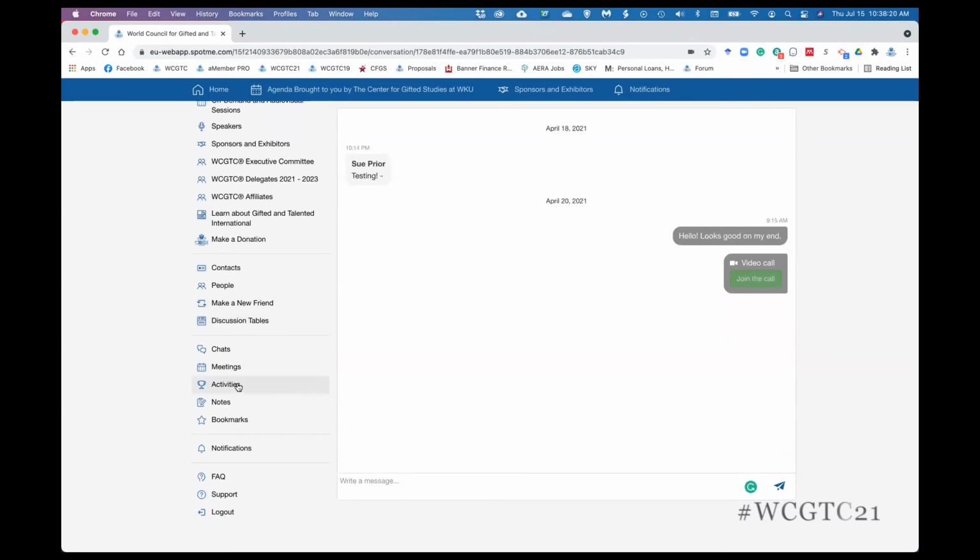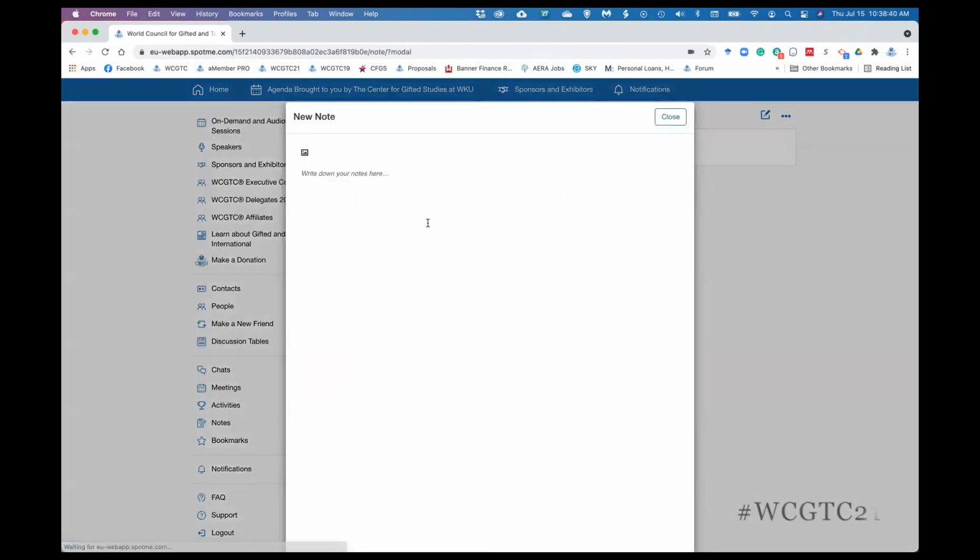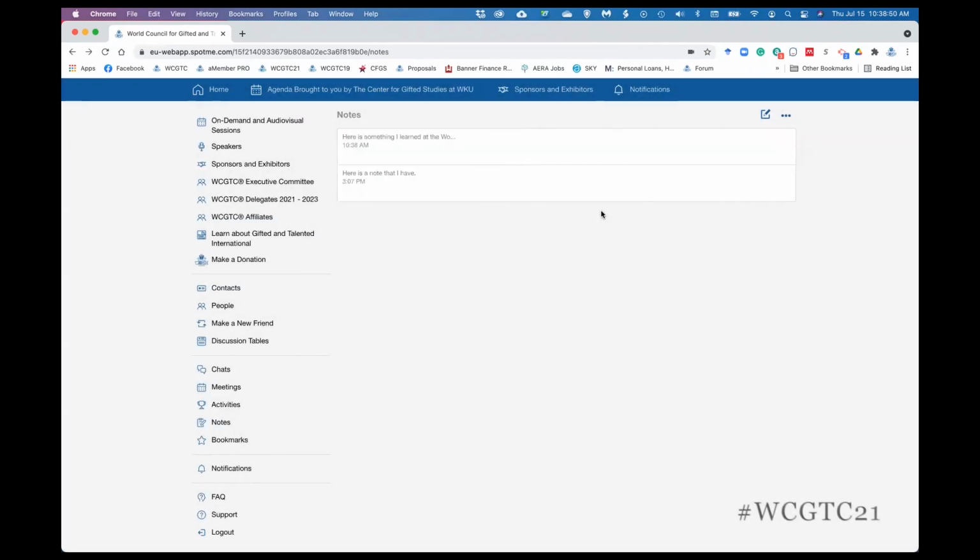The activities are not yet in the system, but when you click on this, there are going to be several activity challenges that you can complete that have different points, and they will have directions about how you can get those points and links about going through it. If you want to take notes in the system, you can click on the notes button and then just click on this button to create a new note. Then click close. So you have your notes in here. And if you want to download them at the end, you can download all of your notes.